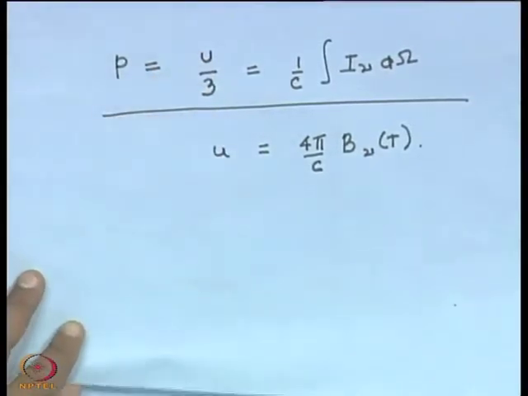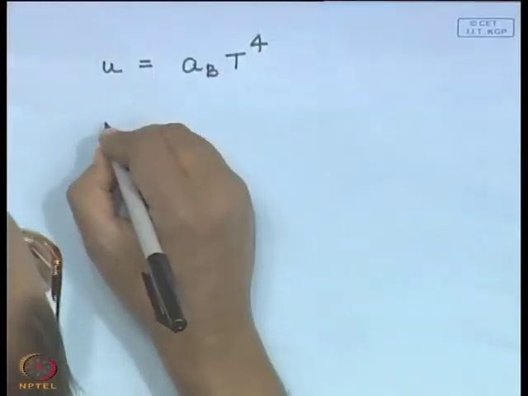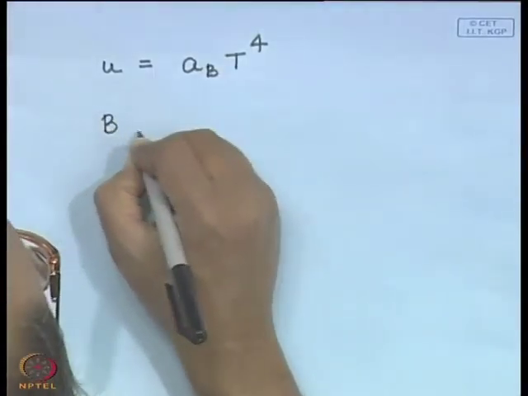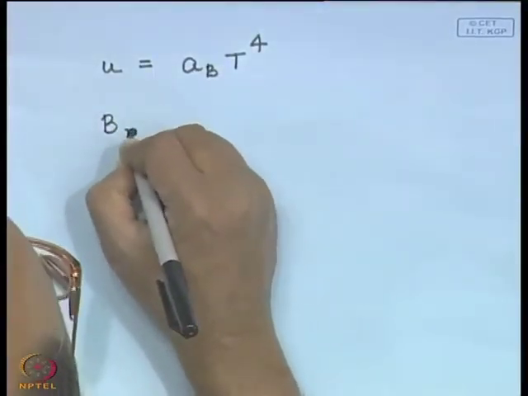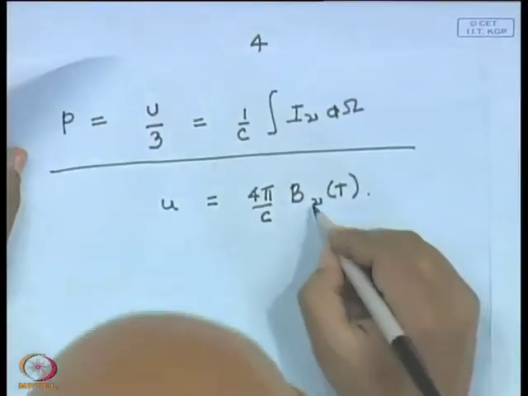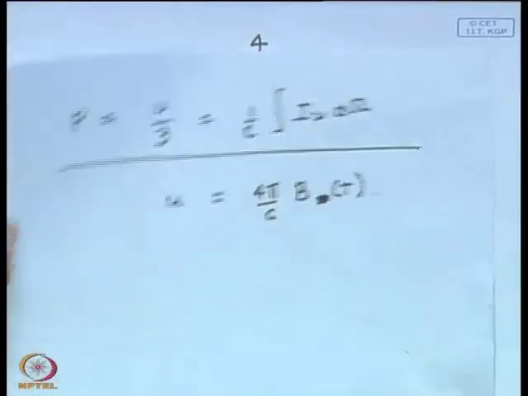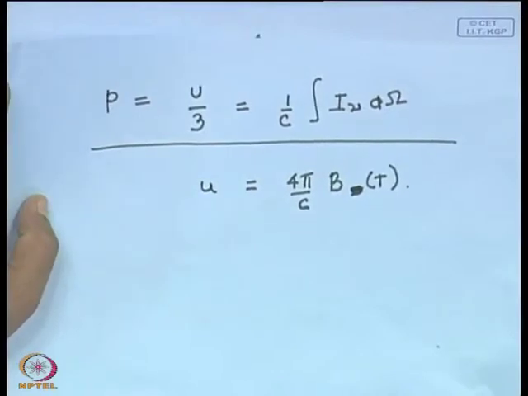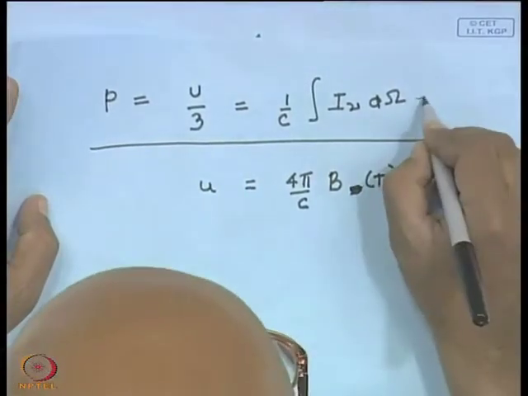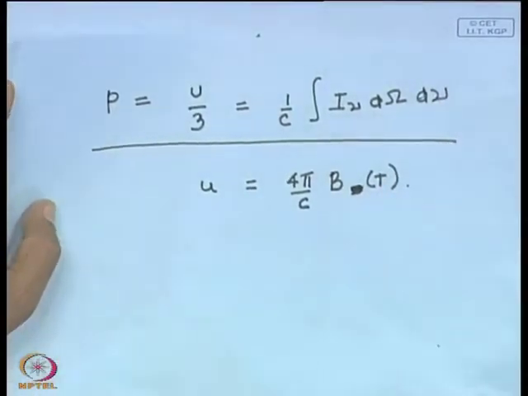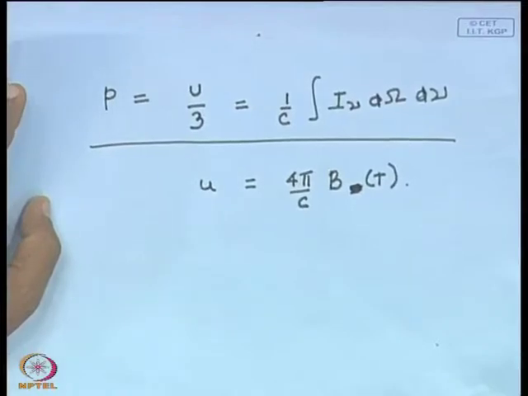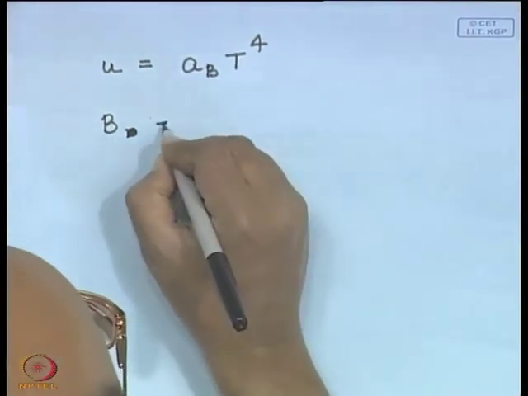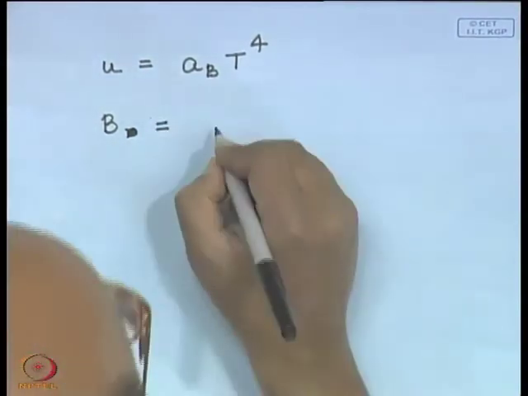Okay. So, what it tells us is that the specific intensity or the brightness, the frequency will not be there, it is integrated over all frequency, right. So, there is a frequency integral here also. So, what it tells us is that the integrated brightness,